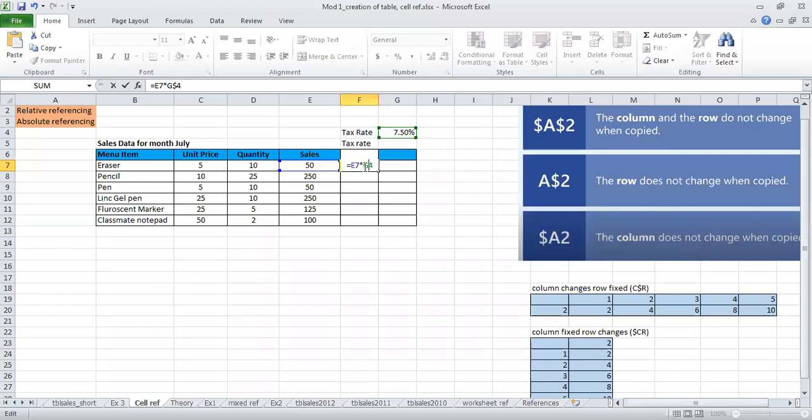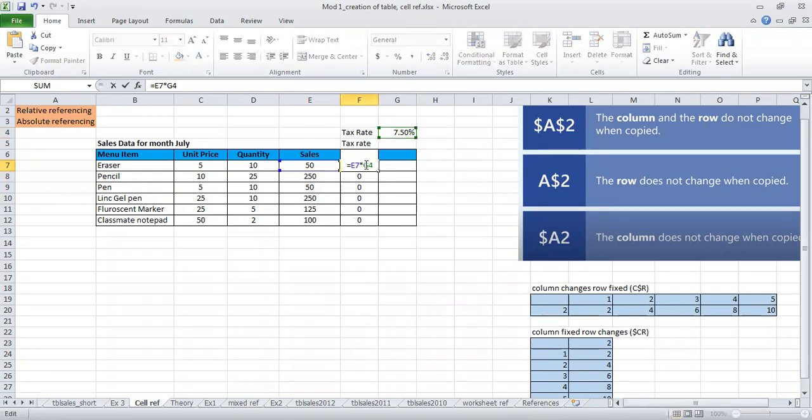Now for someone who has asked again, what I'm doing is, if you just have it without the dollar symbol and you copy this to the other cells, it will give you 0, because in G5 we do not have any value. You copy this formula again to all the other cells, it will give you 0. Now see, 50 into this particular cell, then 250 into this particular cell. I do not want the G column values to increase. I want it to be fixed at this particular address, which is G4.